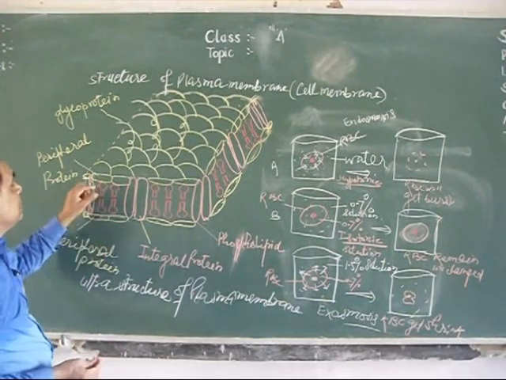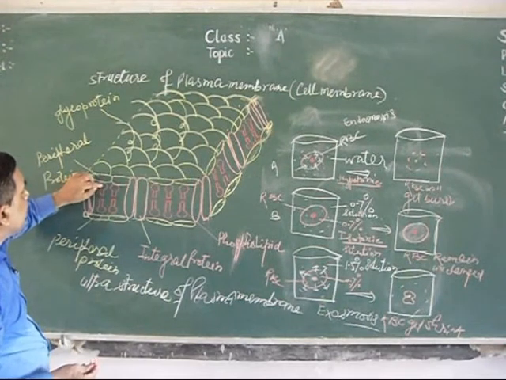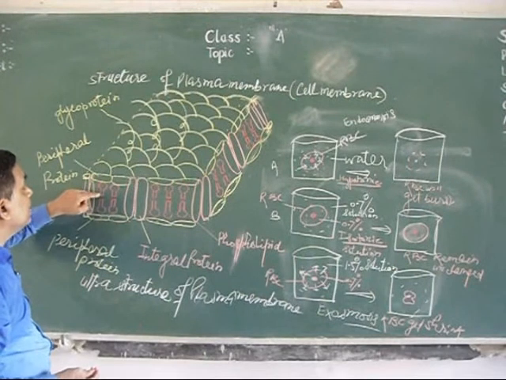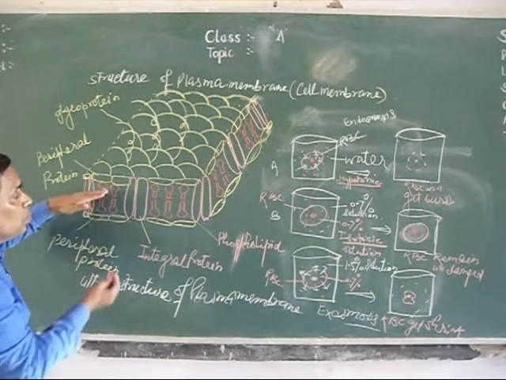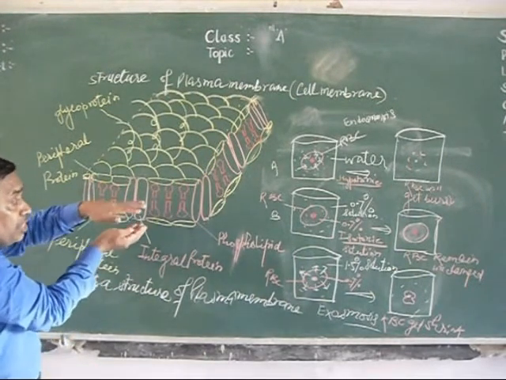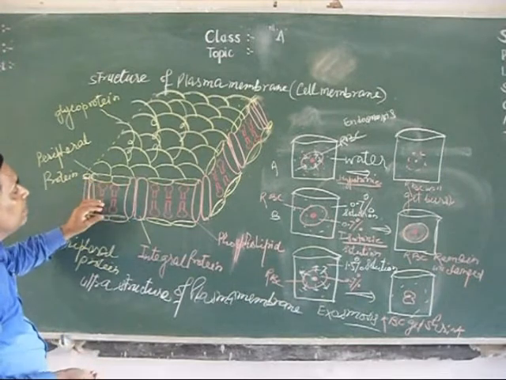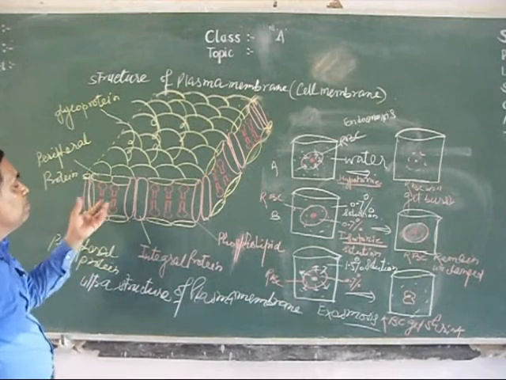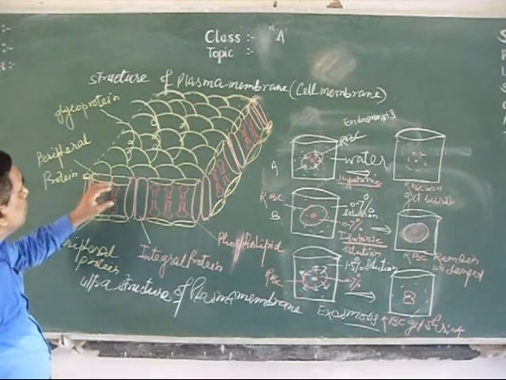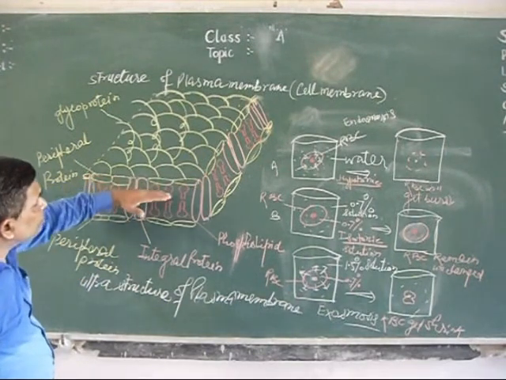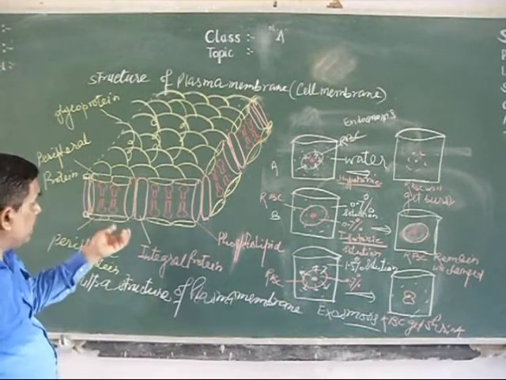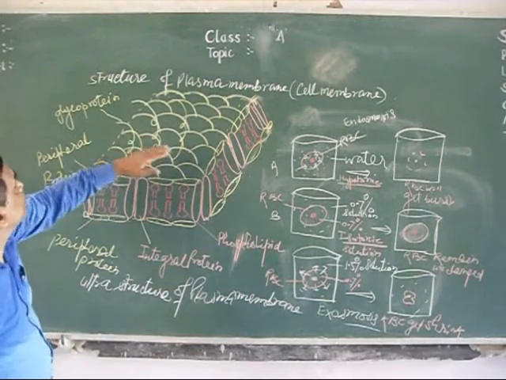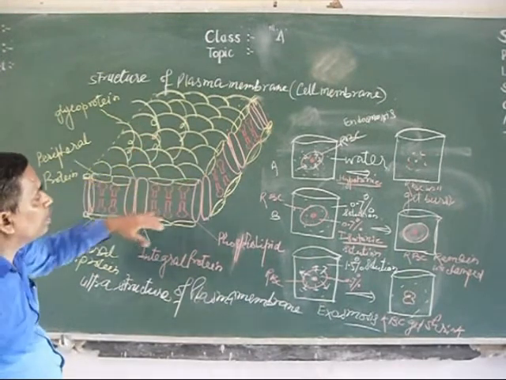Phospholipid contains a head and a tail. The head is hydrophilic in nature and the tail is hydrophobic in nature. To make the membrane straight and smooth, this is very essential. So the entire membrane is made up of protein and phospholipid. The bilipid layer is here, and this integral protein acts as a channel protein that helps in the exchange of material across the membrane. On the surface of the membrane, some glycoproteins are also present.